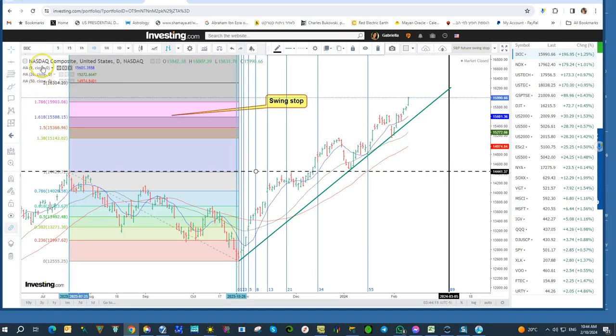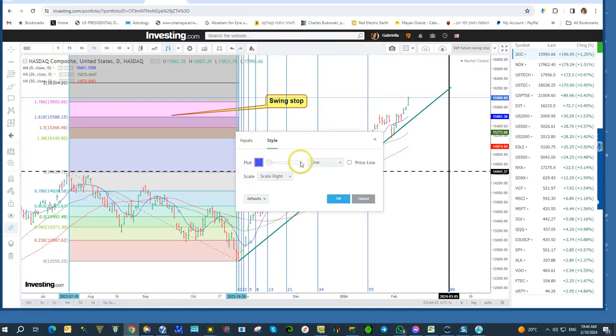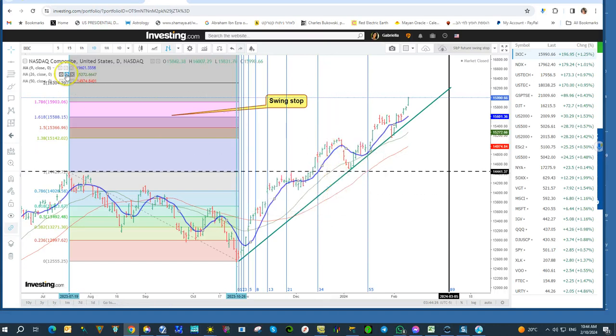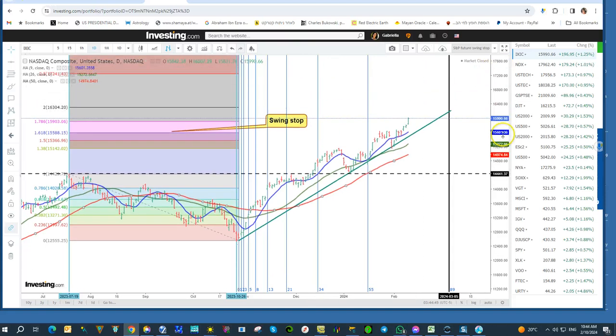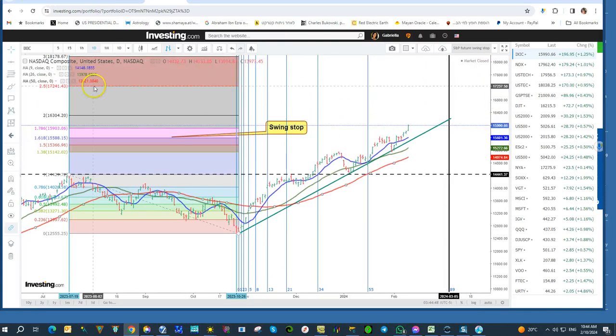15,588. I also use the moving averages, which are the most basic tool to use in technical analysis. Using the crossovers from one to the other, they will give us the major trend. We see that the three moving averages are one above the other, so all is good, and we can use this swing stop and expect the next Fibonacci level, which is 17,240, which is quite far away,